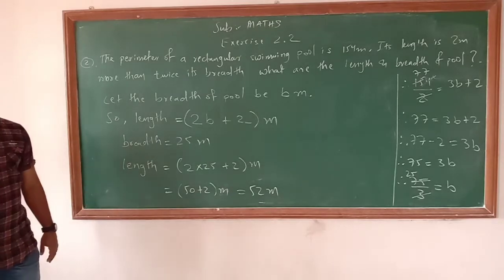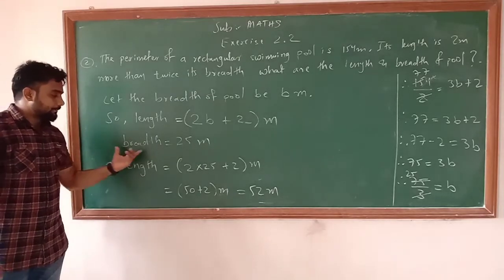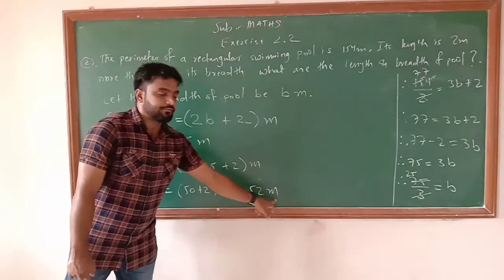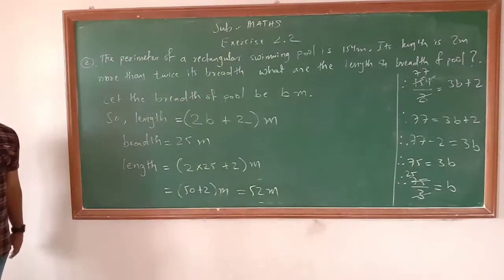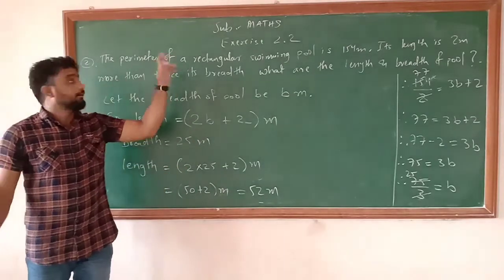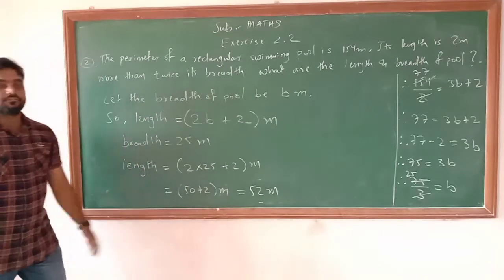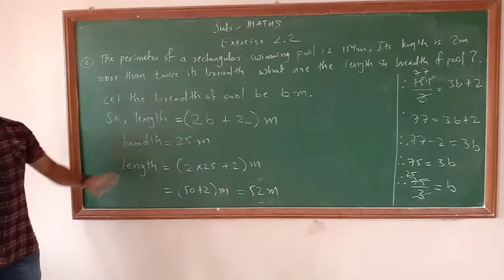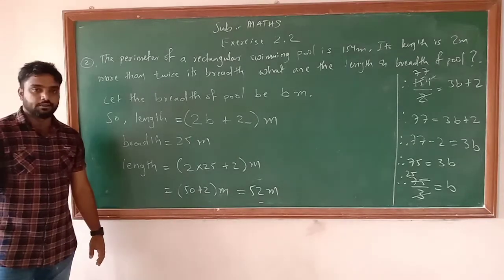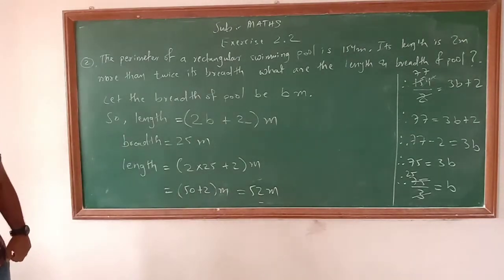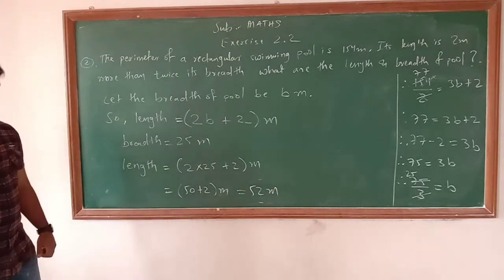Okay. So here we already obtained on the basis of the given question the value of the length and the value of the breadth. Means breadth हमारा आएगा 25 meter और length हमारा आएगा 52 meter. Understand or not? ये दोनों ही वैल्यू को आप कंबाइन कर perimeter of rectangle से भी फाइंड कर सकते हो. Understand or not? Okay. So this is the final answer. That is the value of the length and the value of the breadth.